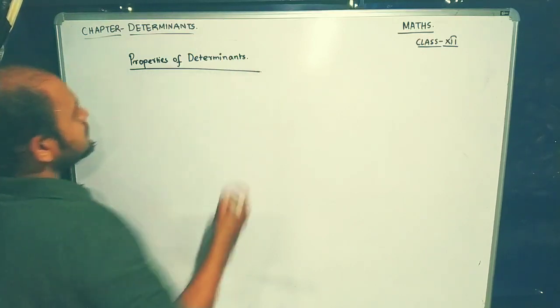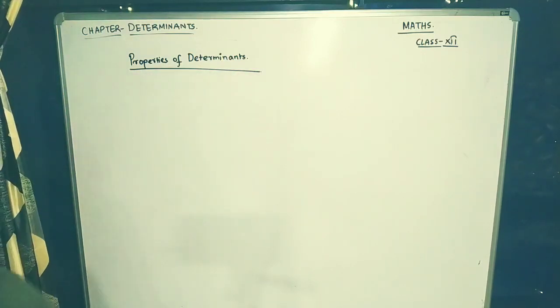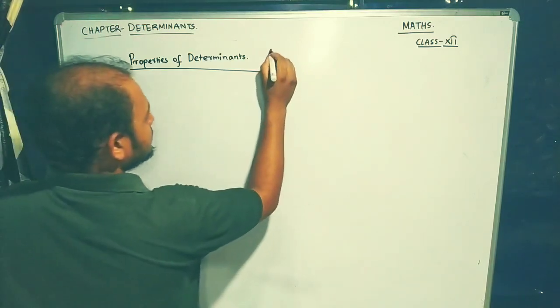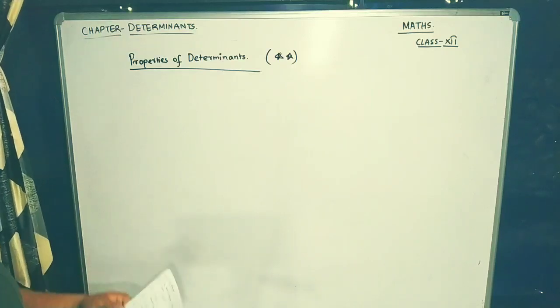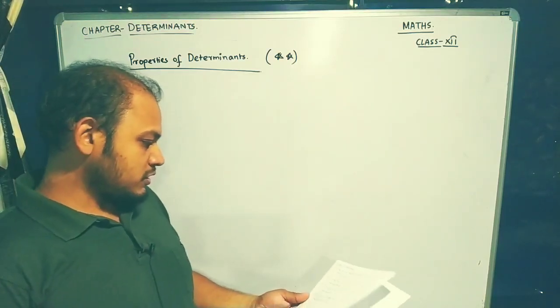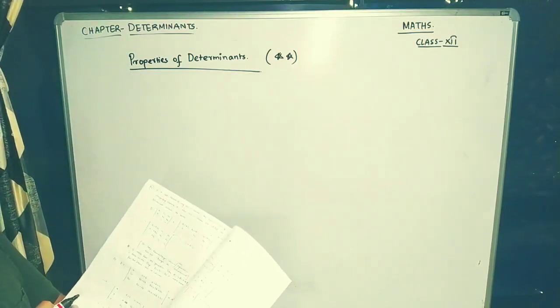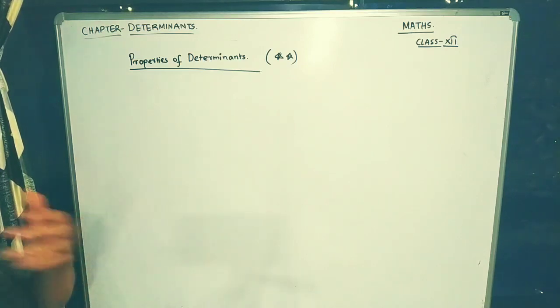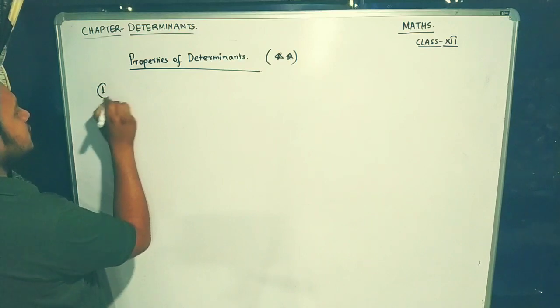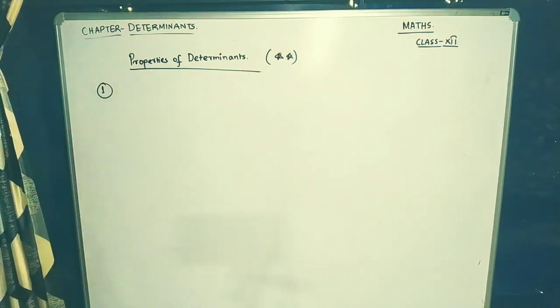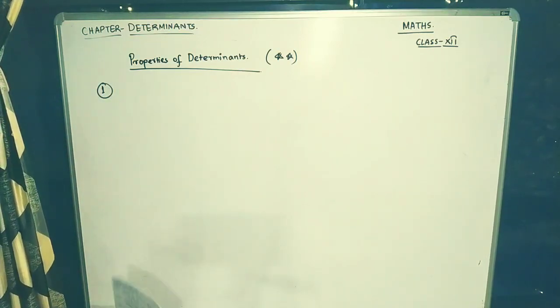Let us learn about various properties that the determinant of a matrix can have, and this is also very important. Today we are going to study 6 very distinct properties of determinants. So the first property is this. Please take a note of this in your note copy. The first property is that